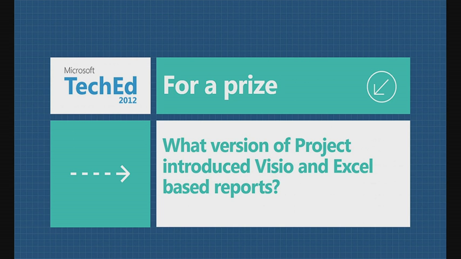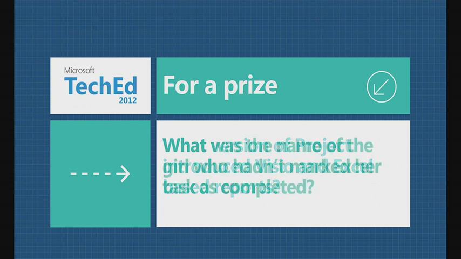Okay, first, what version of... I asked that one before, didn't I? Okay, new one. I've blown up my questions. I prepared them beforehand and then changed the demo as I went. You didn't see a girl who hadn't marked her task as completed, but there was one. Does anyone know her name? Molly. No, it was actually Sarah Davis, but you'd have to be Jan Cullis to know that because he made that bit of the demo up. I didn't like it. All right, next question is,